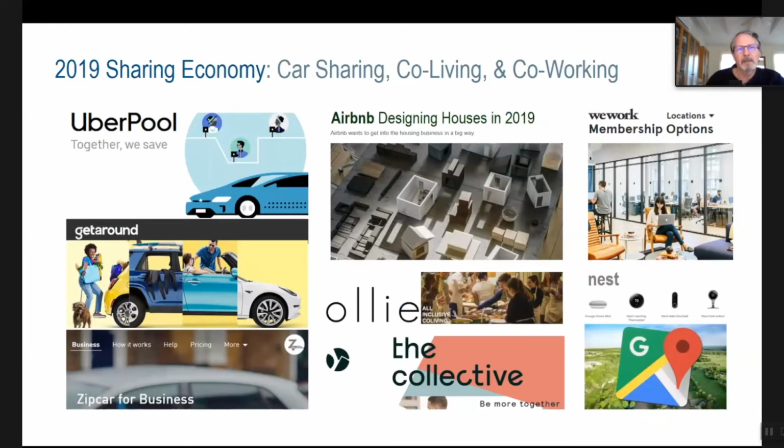Before I talk about it directly in construction, I'm going to talk about it in some other industries. So let's start with car sharing, which is the recent ballot initiative in California. So we've got Uber and we've got Lyft, and as one model that everybody knows. You probably also know Zipcar and FlexCar.